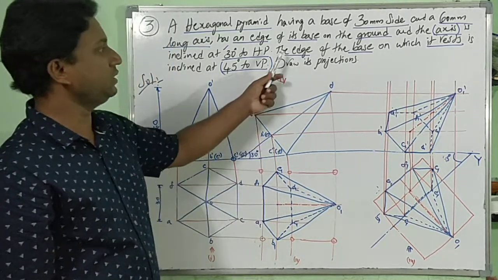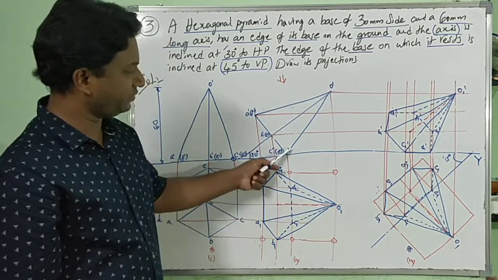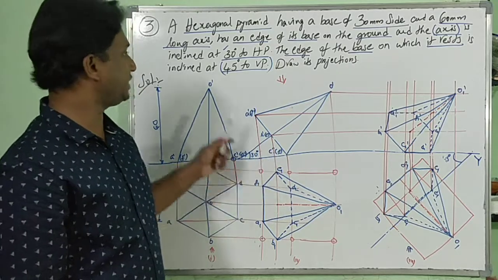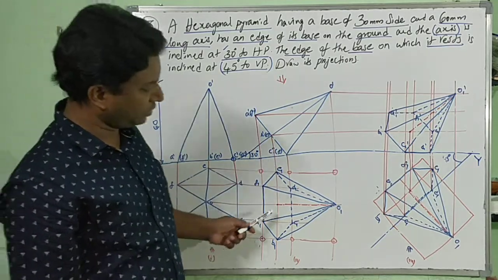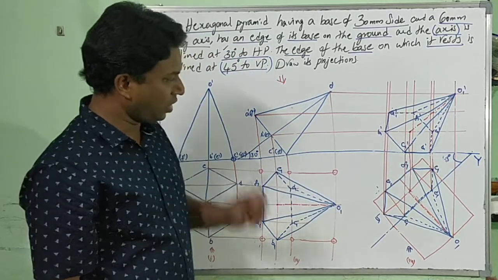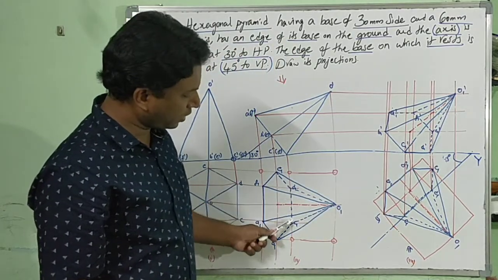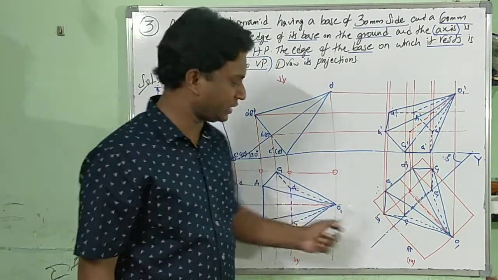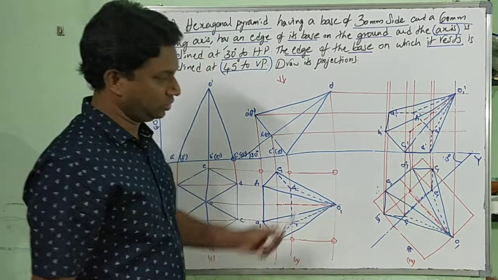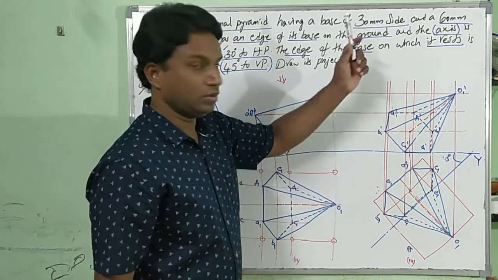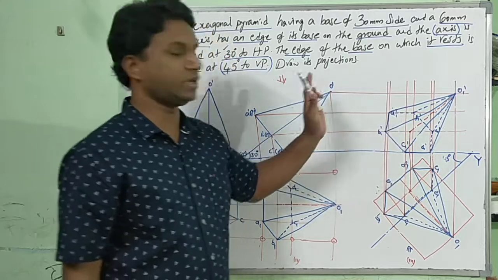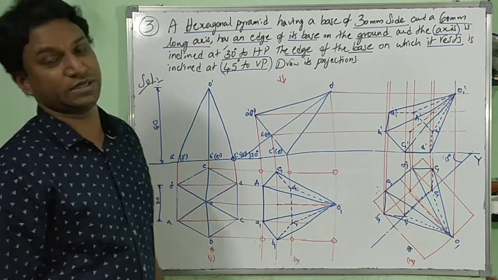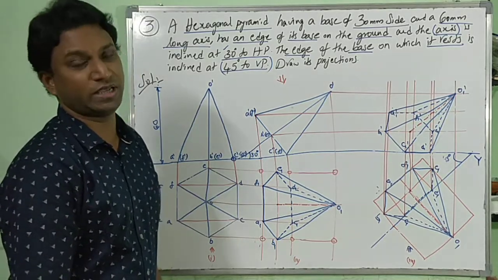Now second condition: the edge of the base on which it rests, the C dash D dash edge, is inclined at 45 degrees to VP. So I have to draw a 45 degrees line. On that I have to plot the C1 D1 hidden line, provided that the entire pentagon has to be reconstructed here with the help of the box method as I showed. Reconstruction: vertical projectors, horizontal projectors, intersections, thick base edges, thick slant edges, hidden slant edges. Boundary is important.